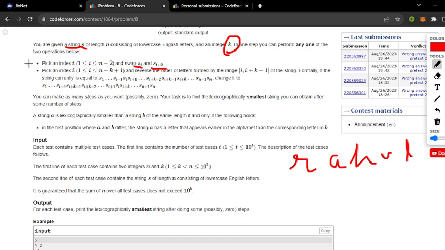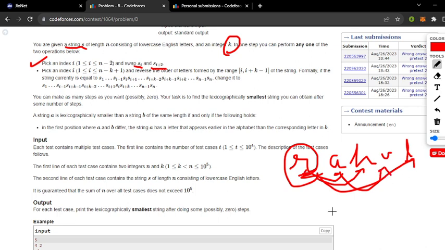So let us understand the working of our first operation. Using this operation, I can take this R to the position of H or to the position of L. But I cannot take this R to the position of A or U using this operation. So what we have seen is that if a character is at an odd position, we can take it to any other odd position, but we cannot take it to any even position. Similarly, if I perform this operation on A, then I can take this A to the position of the other even-position character, but I cannot take it to the position of R, H, or L.